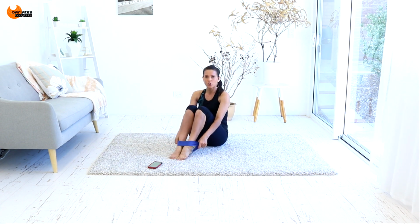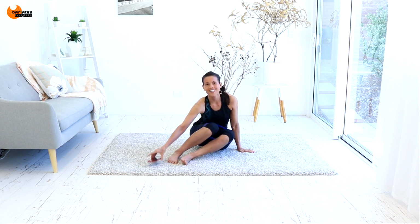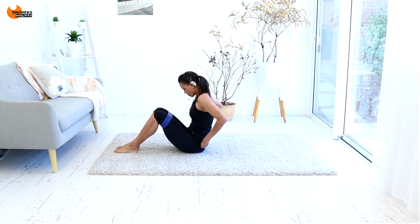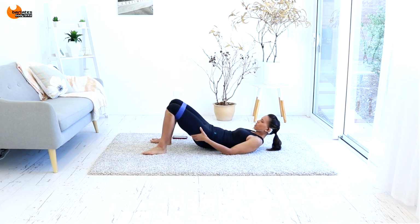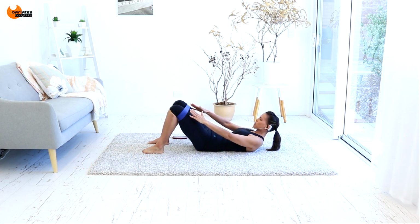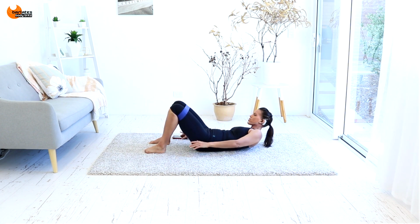So let's start off with the loop around just above our knees. We're going to start off with some glute bridge because we love that. And then we're going to move into some tabletop work. So just come down. And what I want you to do is keep your feet approximately hip width apart. And you're going to hold your tummy in, and we're going to start